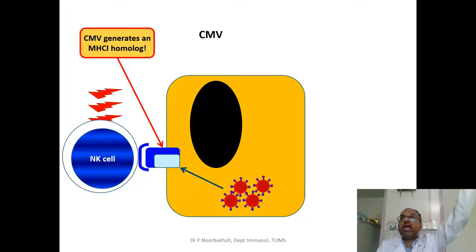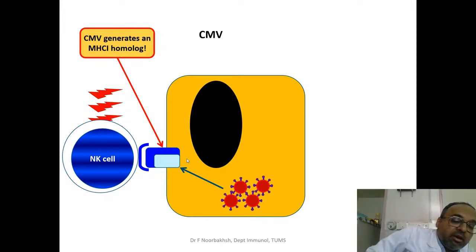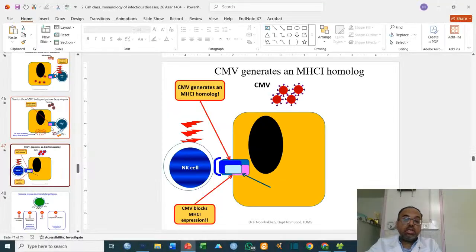This is called gene hijacking or gene stealing. And they put it at the surface of our own cells. NK cells would come and see that, yeah, there is something looking like an MHC there. So they say, yeah, you're okay, I'm not going to kill you. On the other side, CD8 T cells cannot kill because the normal functioning MHC is not there. And the CMV lives there inside the cell happily ever after. So that's one interesting, the so-called evasion mechanism.